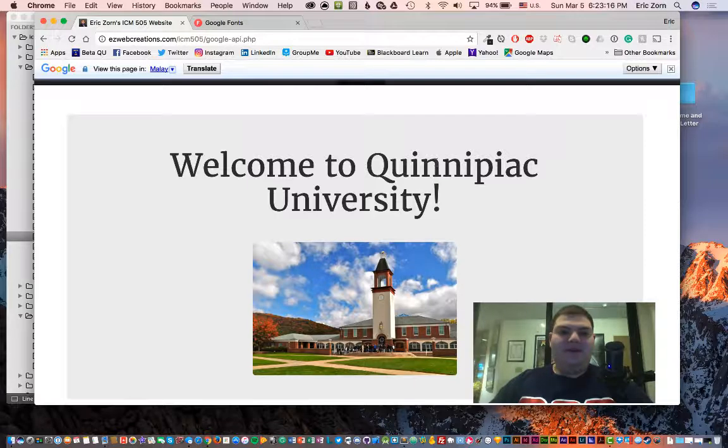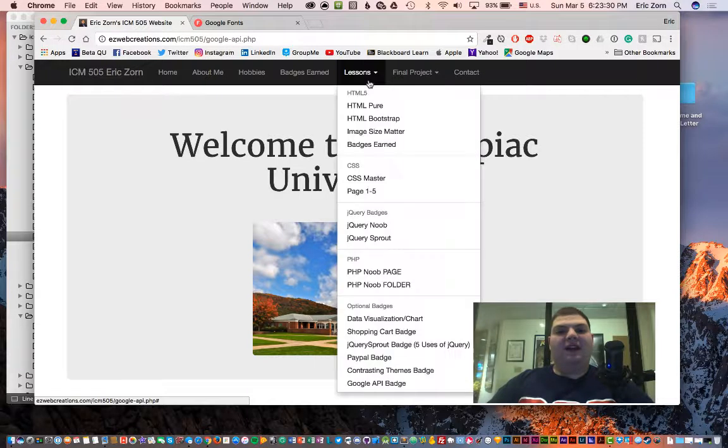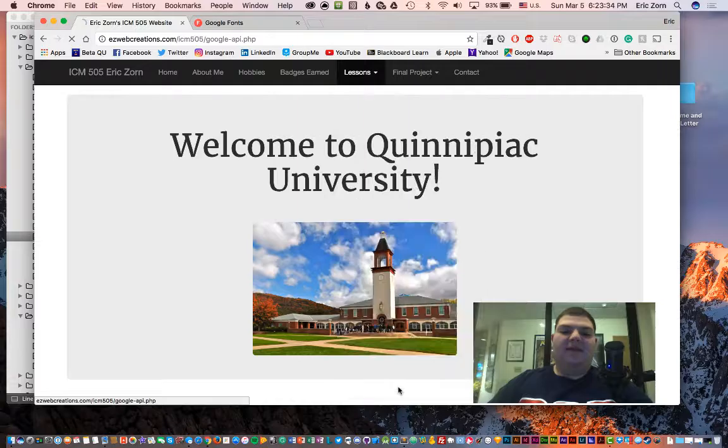Today I will be covering a unique new badge that I've helped create with Professor Gruen. This badge is called the GoogleTools badge. I ended up calling it the Google API page, but you can name it the Google Tool. And as you can see here, I added it to my lesson dropdown underneath my website at the bottom, which